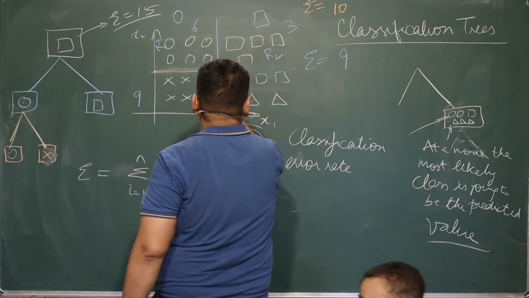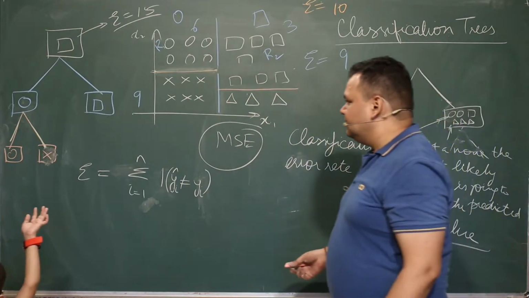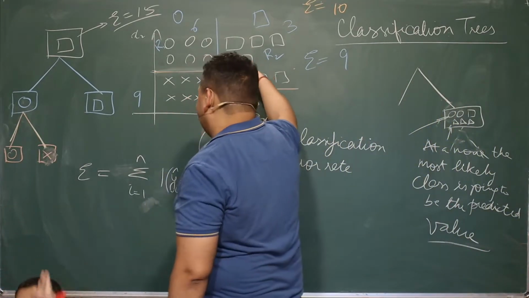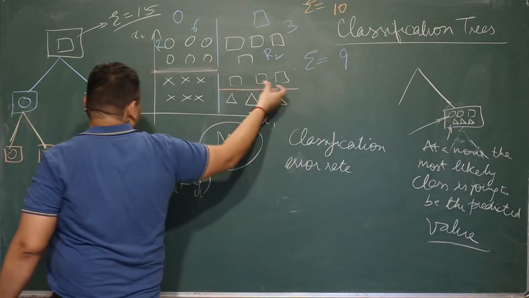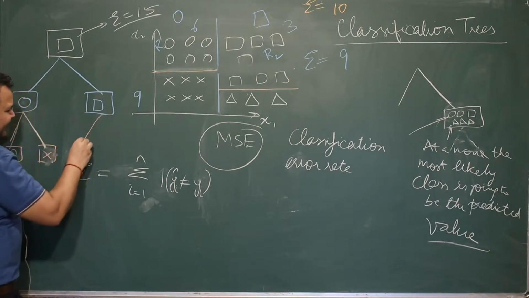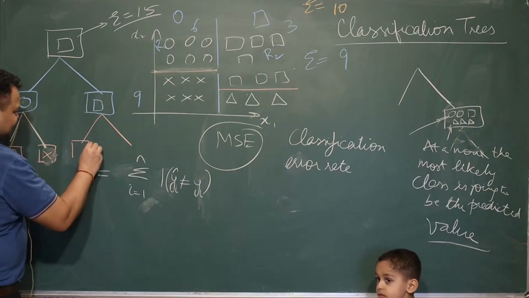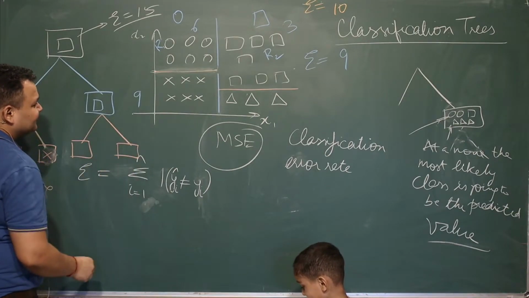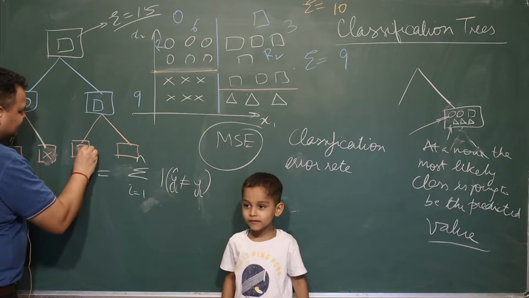What about on the right hand side? Previously you were predicting that everything is a square, so we were getting an error of 3. In this case, we can make a very clean cut break of the data set and get two partitions. Each of them predicts a different thing. One of them predicts a square, and the other one predicts a cross.